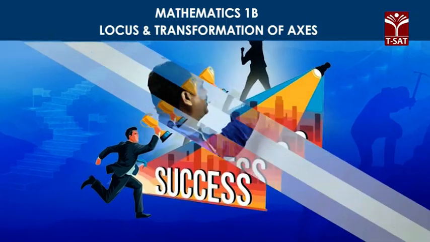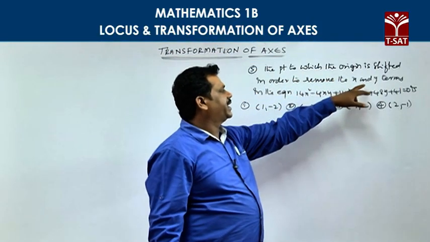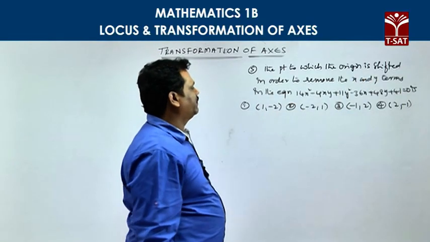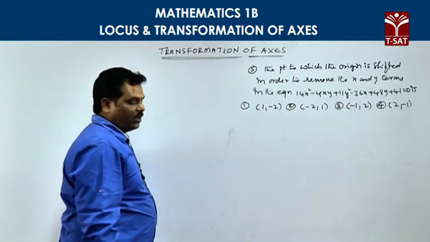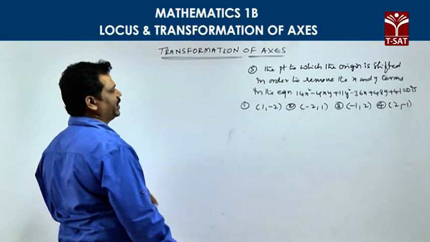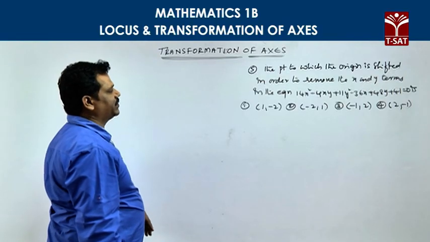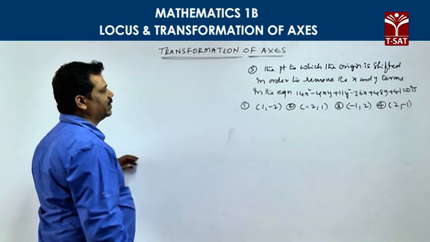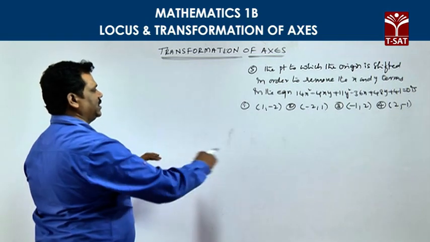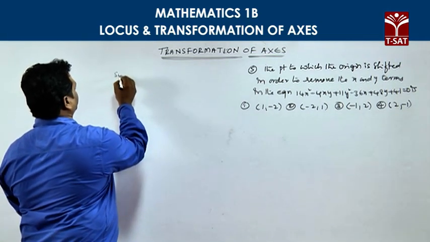What are your given things here? The point to which the origin is shifted in order to remove the x and y terms in the equation 14x square minus 4xy plus 11y square minus 36x plus 48y plus 41 equal to 0 is. Four options are given: first one 1 comma minus 2, second one minus 2 comma 1, third one is minus 1 comma 2, and fourth one is 2 comma minus 1. So your solution is